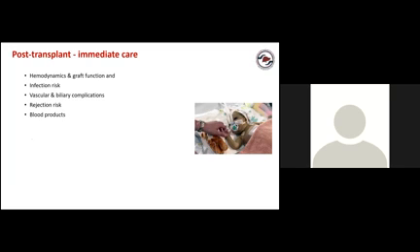Blood products. It's very difficult to manage a child in the immediate post-transplant period without even a single blood product being transfused, if we talk realistically. However, it's very important that we rationalize our blood products use with the help of transfusion medicine as well as use of ROTEM. So targeted focused replacement with blood products is very important.